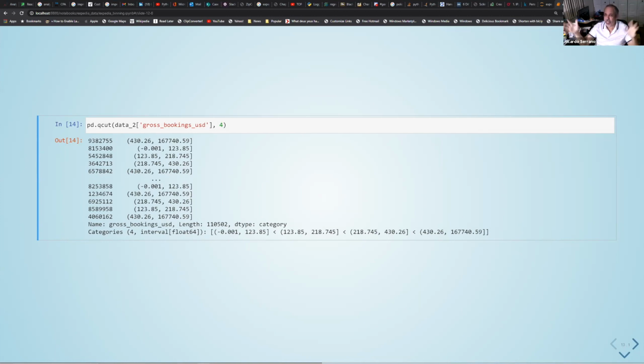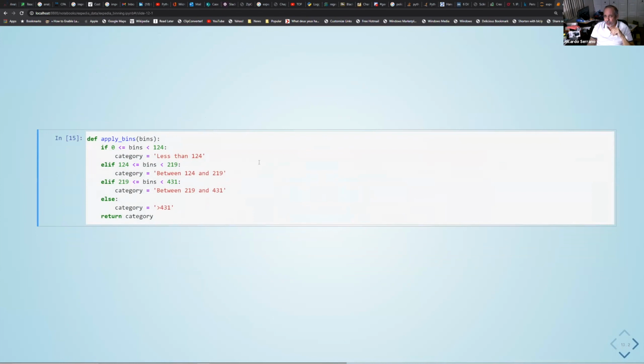So we're going to divide it in 4. And this, where it says categories 4, interval float64, these are the ranges. So we're going to have a first range between 0 to somewhere around 124, rounded, then 124 to 219, then 219 to 431, and 431 onwards will be the last category. Okay, so we're going to convert it into 4 bins, 4 buckets.